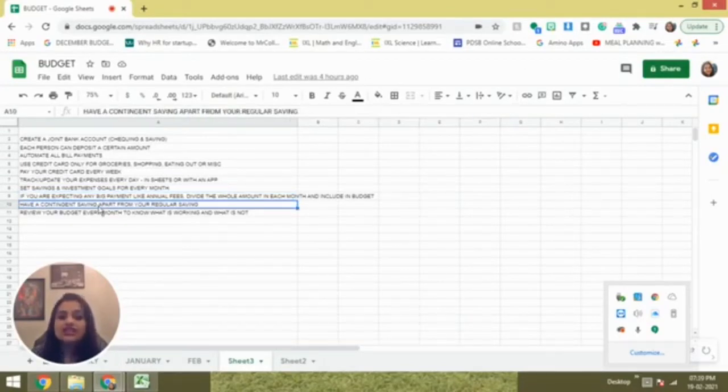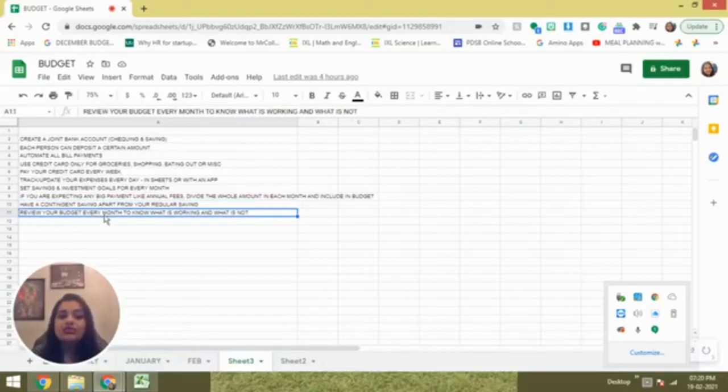Have a contingent saving apart from regular savings. So the regular savings I spoke about, which is there in your separate bank accounts. The contingent savings is for your contingency in case it arises. Otherwise, it's just building up, and it's good that you didn't have to spend those contingency expenses for maybe 2 or 3 years. It's built up to a good amount. You can go for a home makeover, a room makeover or a renovation which is pending for quite some time. So that way it is helpful.